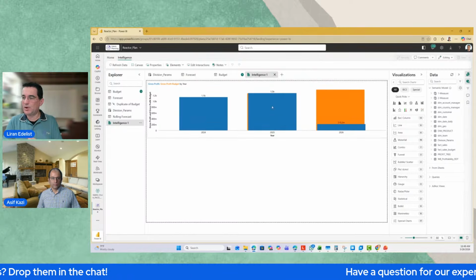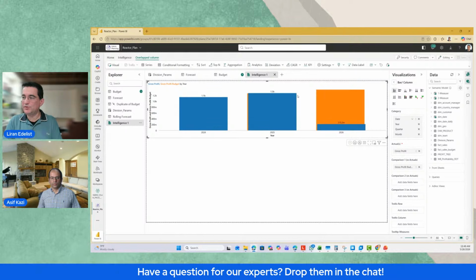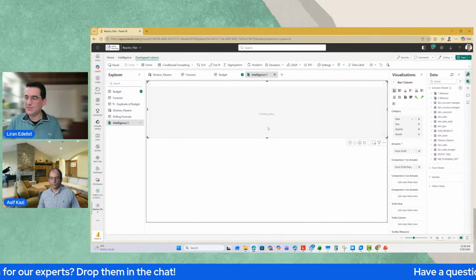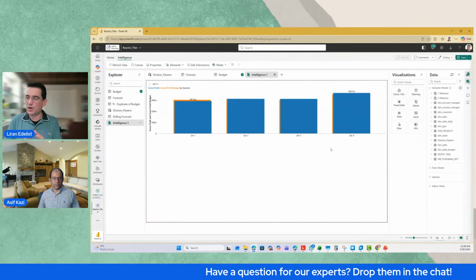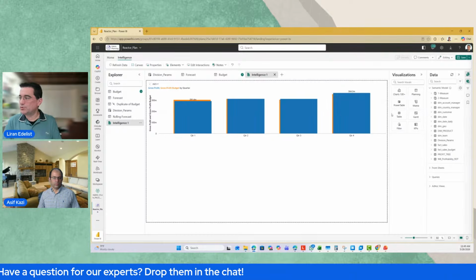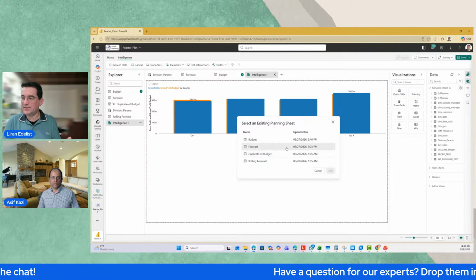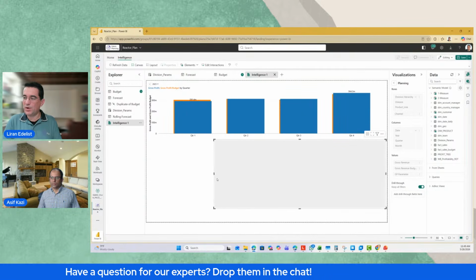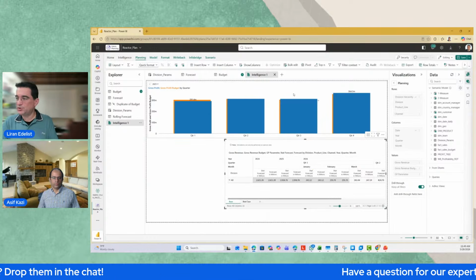Here is an example where I'm looking at my budget compared with actual, and this type of chart allows me even to drill down, let's say from an annual level into a monthly level, and that type of information. One other capability of this chart is literally to be able to embed my planning pieces all together. So I can go here and add my planning sheet that we created together. Let's say I can take my forecast sheet here. Okay, so you will be able to see that now I have my forecast, and that allows me also to do the data entry in the same place and to create a beautiful chart.